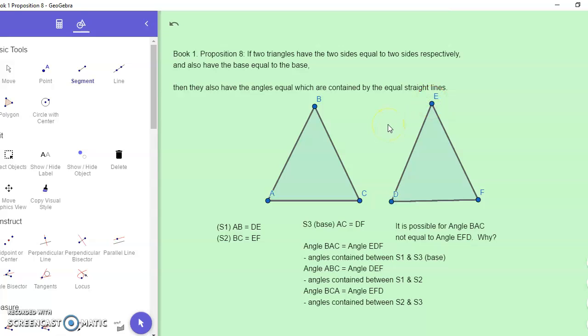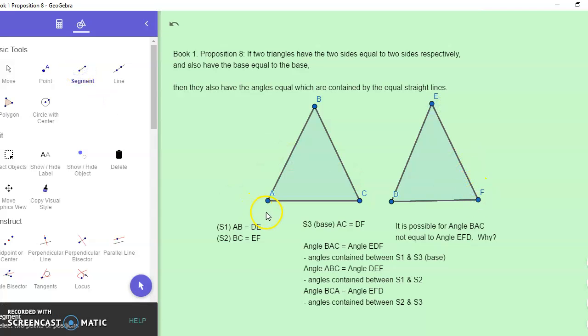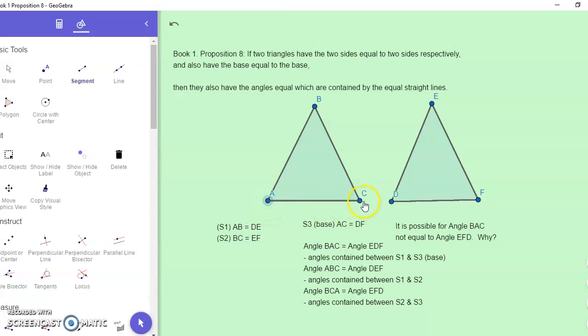Okay, and we also have side BC equal to side EF, our second set of sides. And lastly, we have the bases, AC equal to DF, the third set of sides. So if those corresponding sides are equal to each other, then we can say that the angles contained between them are